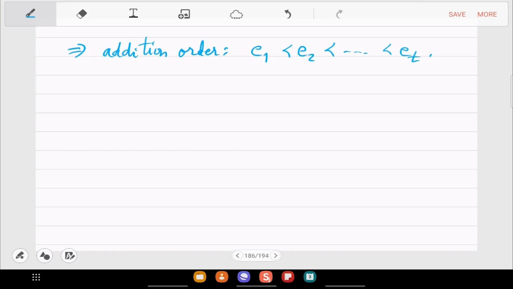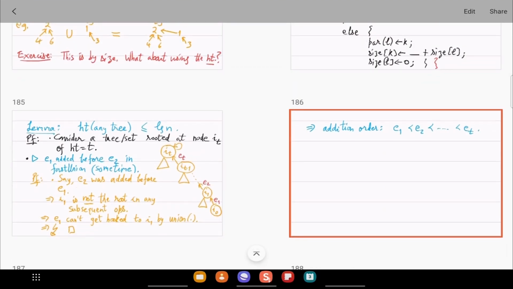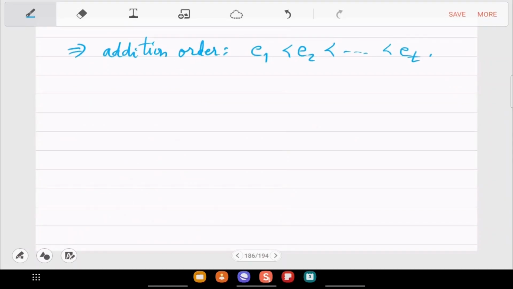In the middle, other things may be happening, but at least this is true that E2 can come only after E1 has been added. So addition order using the last code, fast union. Okay, that's the statement. And so now we are ready to finish the proof.